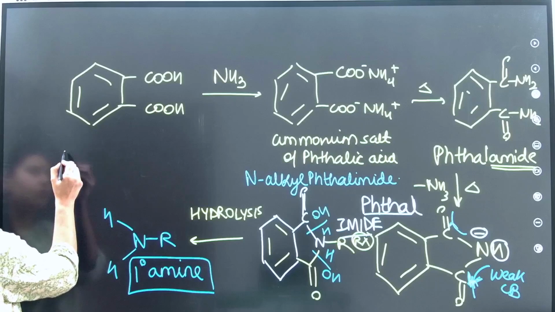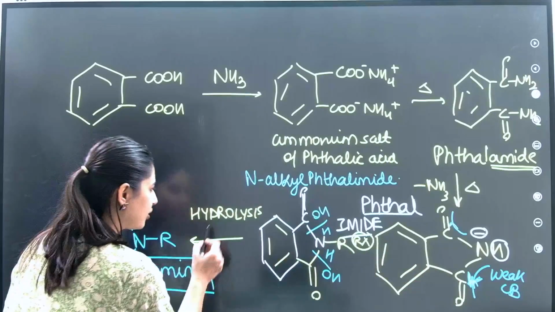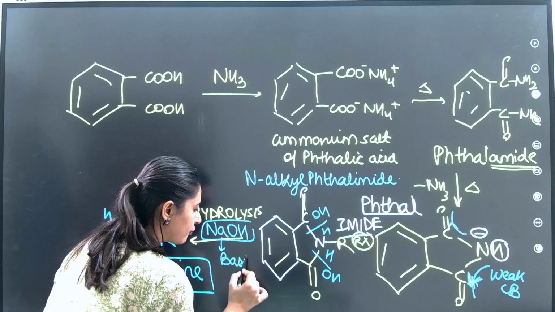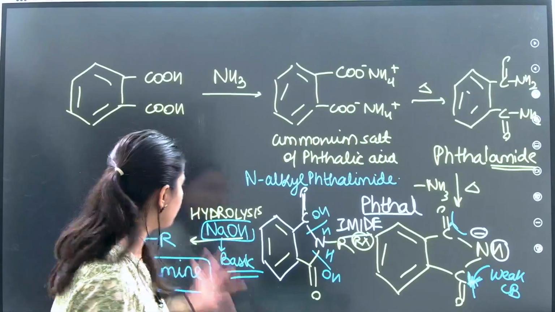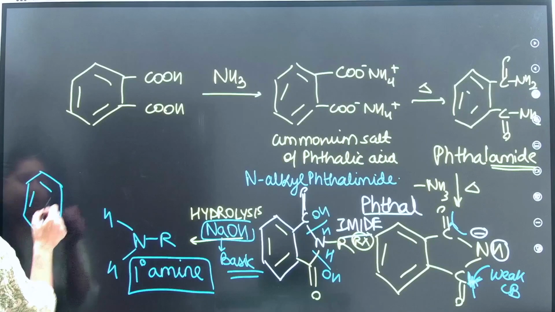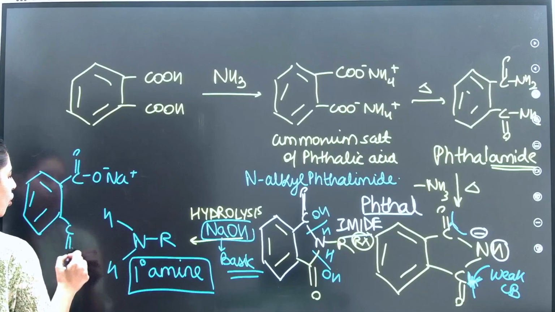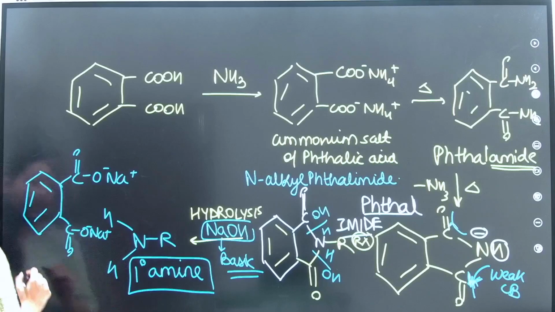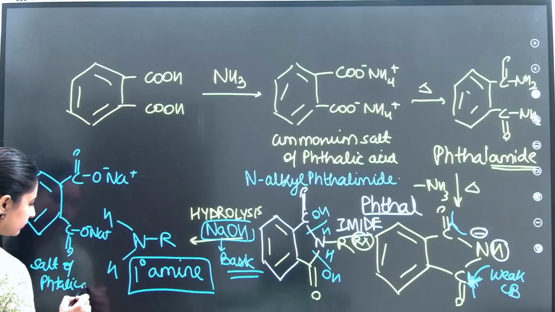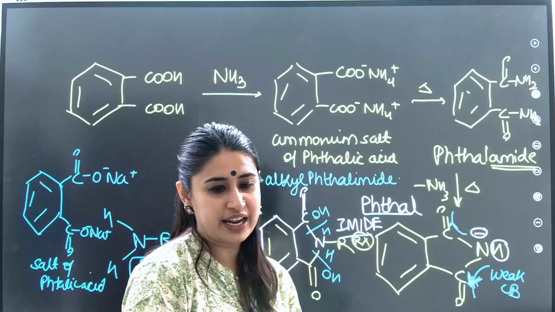But mind you, because you already have added NaOH, when you're doing hydrolysis, you do it in the basic medium. So you provide this basic medium because of which there is going to be either K plus or Na plus. The moment this Na plus sees that there are some acidic hydrogens, there will be an acid-base reaction and you're going to get the sodium salt or potassium salt, depending on the base that you have added. So the salt of phthalic acid once again. This is Gabriel phthalimide synthesis, a very, very important named reaction.